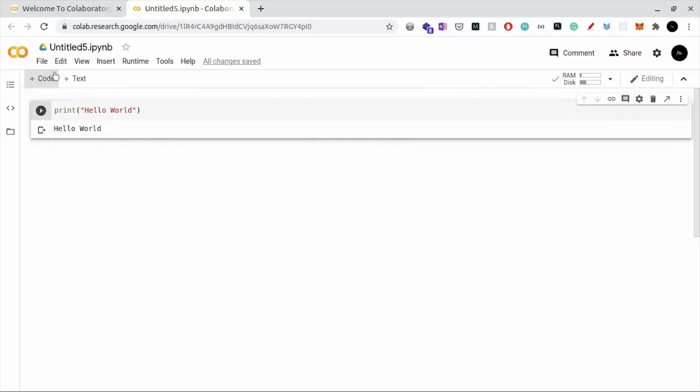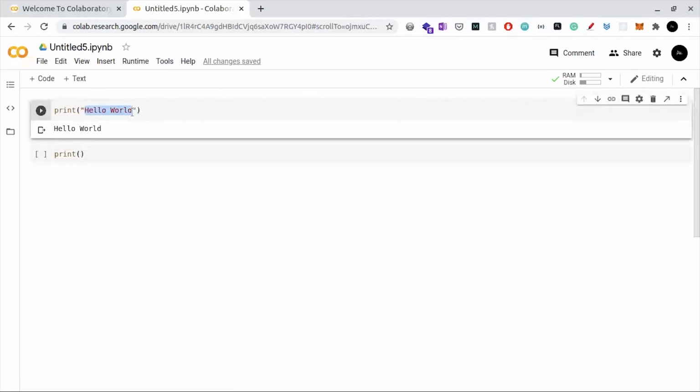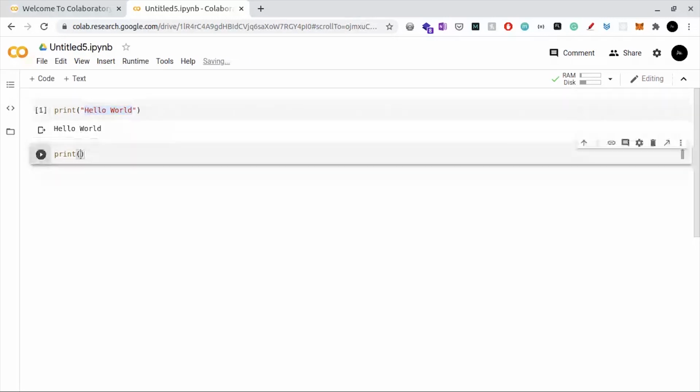So you can also write more code. You can edit this one in this style only, but I'll just click on plus here, plus code, and it will give me another box. So in this, I will print hello world again, and I will show you a different thing. In many languages like C and C++, you have to put double quotes to print a string. Now, what a string is, it is a very basic line like hello world, or you can say my name is Aditya.